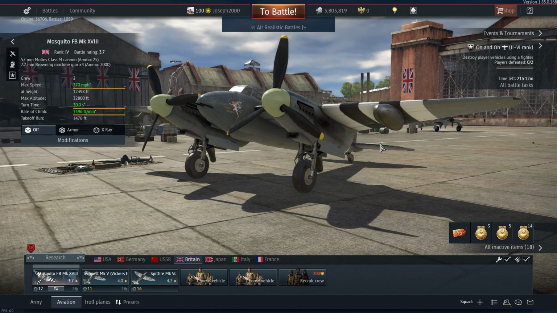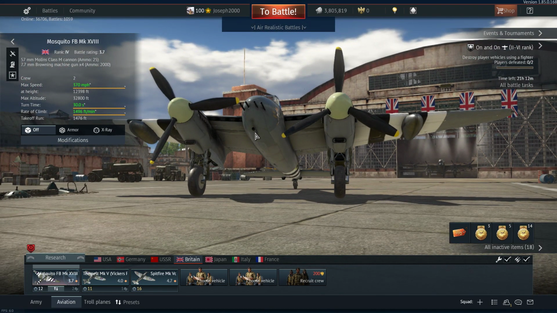It removed the four 20mm cannons from the Mark VI and instead put a Molins Class M cannon, 57mm to be precise, in the fuselage. Now, why did they do this? Well, this version of the Mosquito was really used for U-boat hunting. So what they would do is if they found a U-boat, they would fire the gun, and obviously the machine guns as well, and it would penetrate the weak hull of the U-boat,